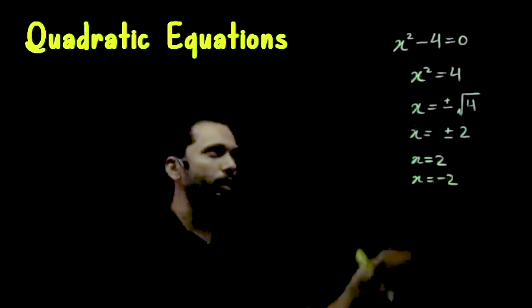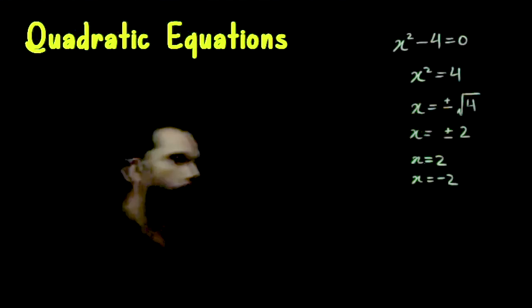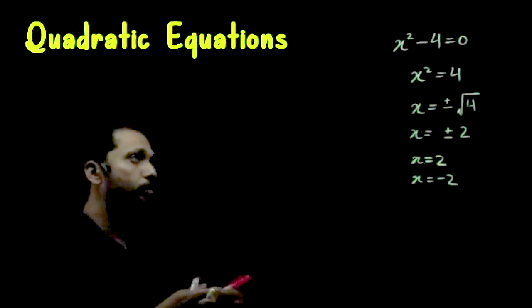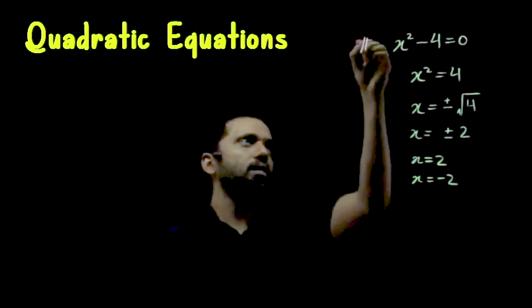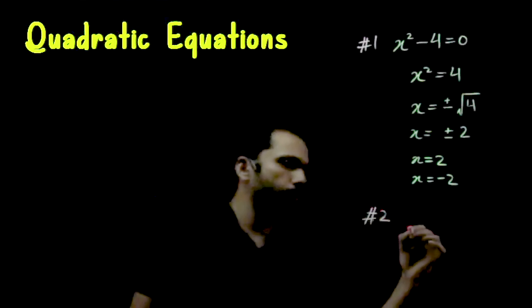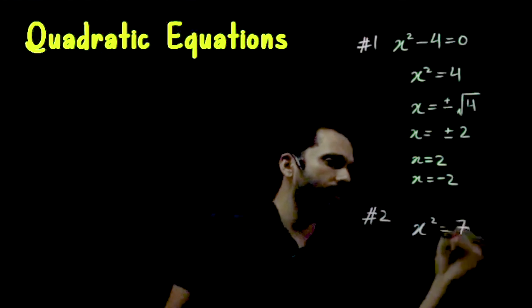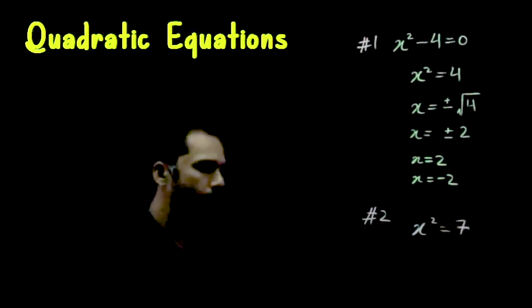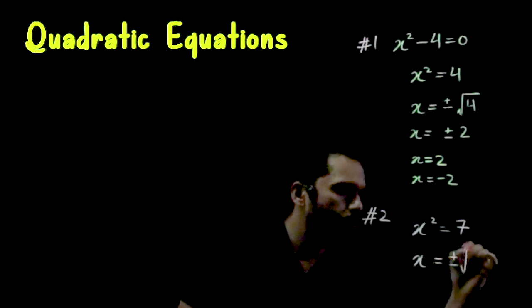We have both the solutions. So it was quite simple, quite easy to do. When I have x square is equal to 4, we were able to do it very easily. Now let me ask you, if it was not 4, it was 7, what would be the answer? That's your number 2, a cheap question again. x square is equal to 7. Now what do you think is the answer? The answer is again plus minus root 7.